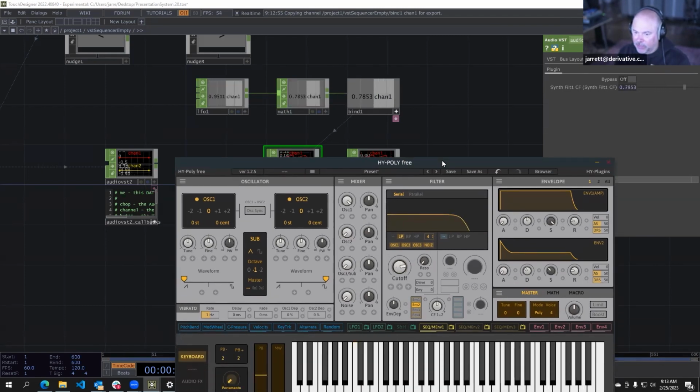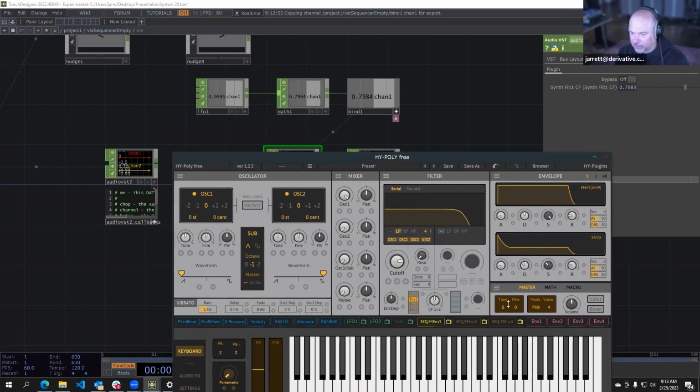As well, once you've done that, you can automate the fader of the frequency with, for example, the MIDI note envelope that's coming in. I can drop this envelope here and also send that as a modulator in, and then turn up the envelope effect on that. Now we're controlling it with the MIDI note envelope, as well as Touch's LFO,